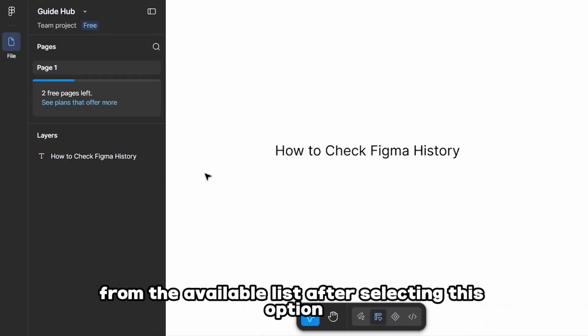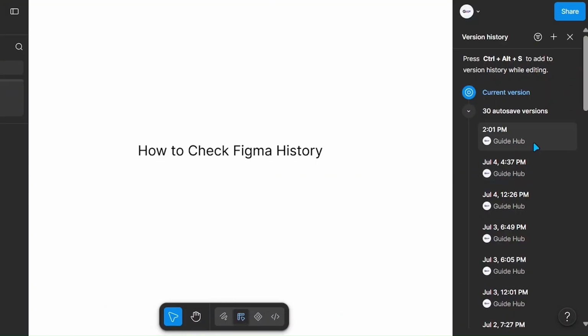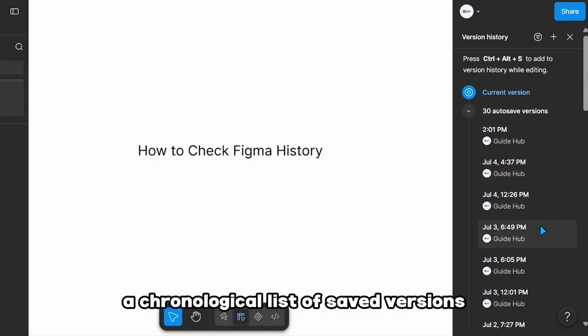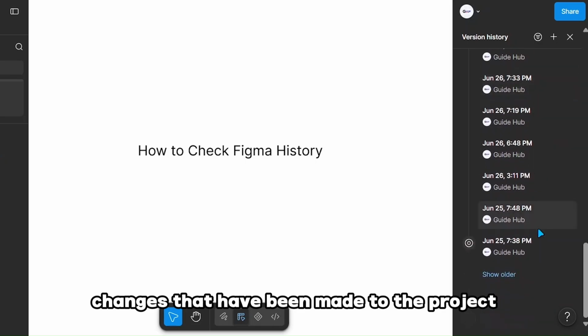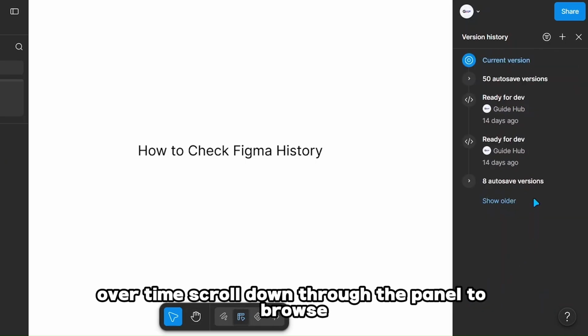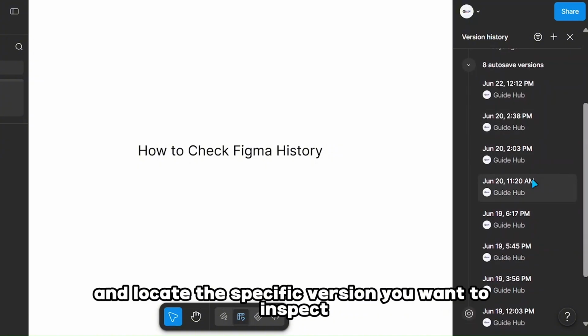After selecting this option, the version history panel will appear on the right side of the canvas. This panel displays a chronological list of saved versions, allowing you to review changes that have been made to the project over time. Scroll down through the panel to browse the complete version history and locate the specific version you